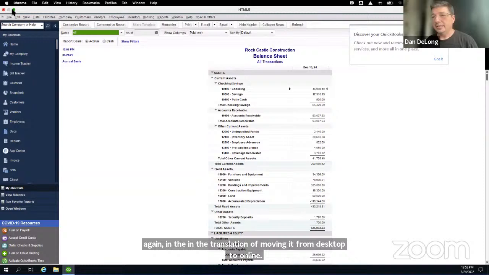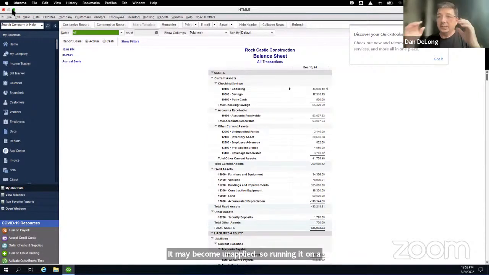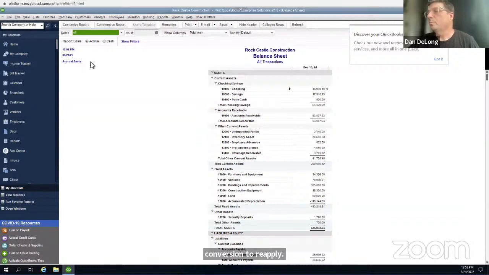So running it on a cash basis, it's going to be different. So you want to run it on an accrual basis, as Michelle said, to make sure that everything at least came over. There may be some things that you need to do post conversion to reapply some of those things to make sure that your cash and accrual reports are closer.